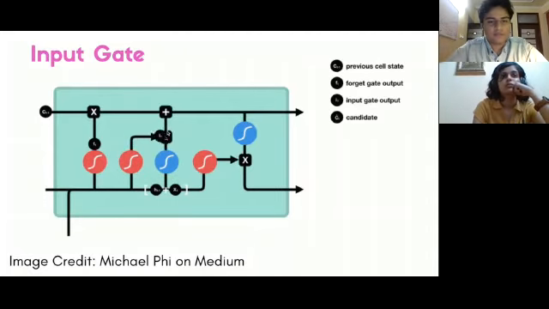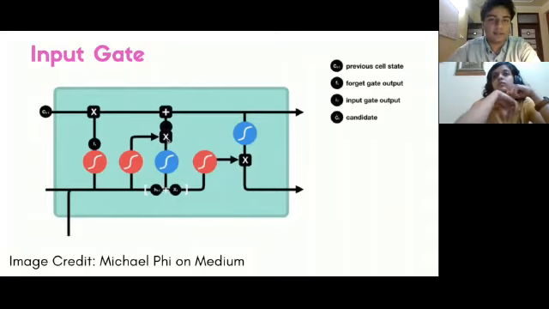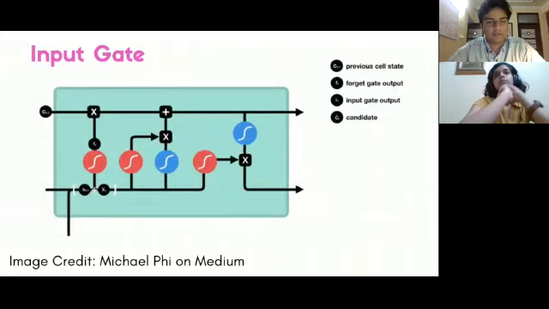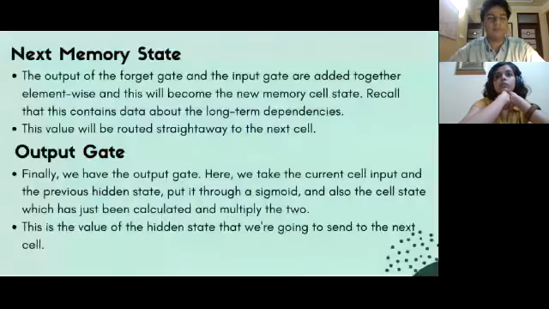All right, so once we've got these two values multiplied, and this is, by the way, an element-wise multiplication. This is not a matrix multiplication. We're just multiplying these two values element-wise. And I think that'll be pretty obvious since it's the same value being put through different activation functions. Okay, so now that we've got that down, we can talk about the output gate. But before that, we need to talk about the next cell state.